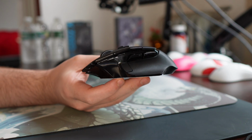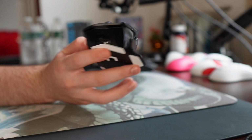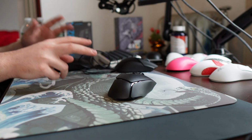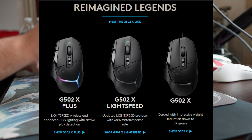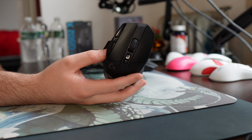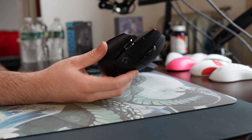of Logitech's new G502X line. They have a wired version, they have this wireless version, which comes in at 100 grams, and then they have the G502X Plus, which has RGB, weighs I think like 5-7 grams more, and is $20 more. I just thought it's stupid to pay $20 more for RGB and a few extra grams, so I just went